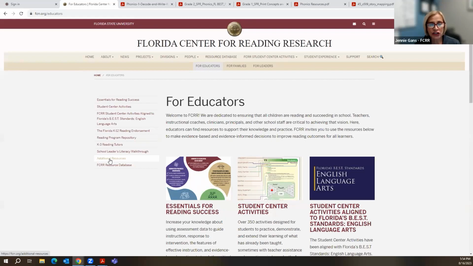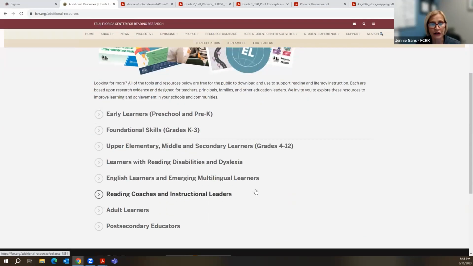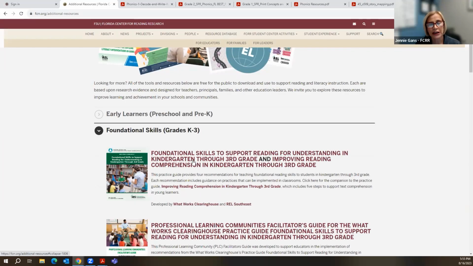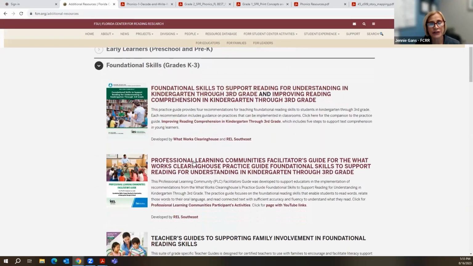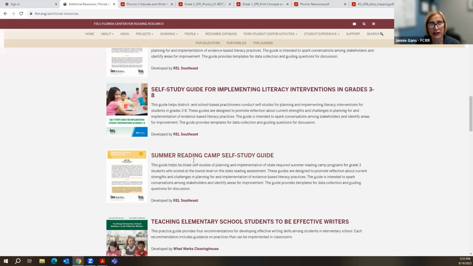Then we have our additional resources and our FCRR resource database. So our additional resources, and again, you will see the same thing on 4 families or 4 leaders. We have early learning, we have foundational skills grades K-3, upper elementary, learners with reading disabilities and dyslexia, English language learners, reading coaches, and etc. So if we want to go here to foundational skills and we open any of these tabs, there is a whole lot of additional resources.